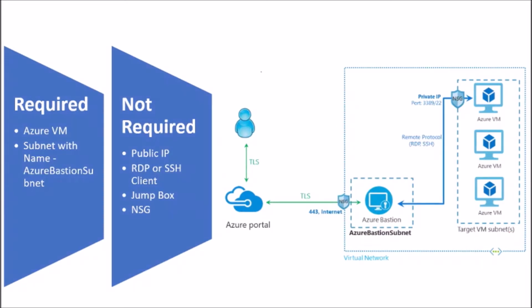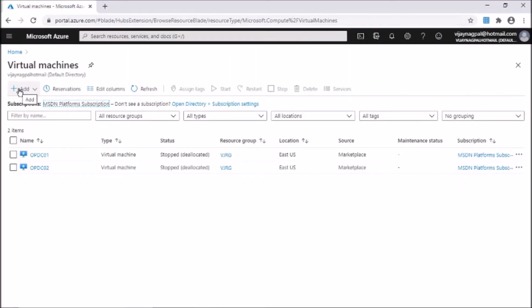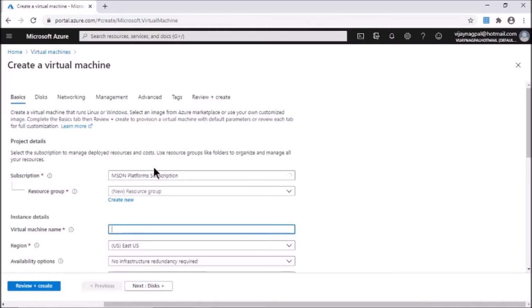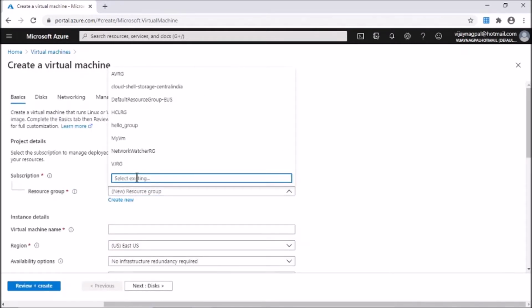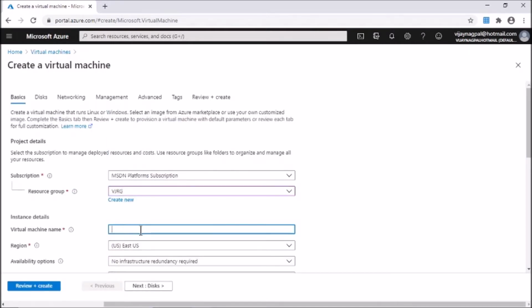Let's go with the demo now and I will show you how we can provision the Bastion instance and how we can connect to a virtual machine using Bastion. So first I am going to provision a virtual machine which will be only on the private subnet. This machine will not be accessible from the public network. I will select the resource group VJRG and I will give the virtual machine name as WinVM01.